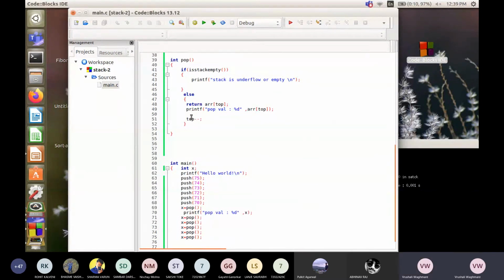So we'll put here message instead of putting here. So if stack is empty, it should return value -1. And we have to write over there, okay? When it returns a value -1, na, so we have to check the condition and according to that we need to write that.